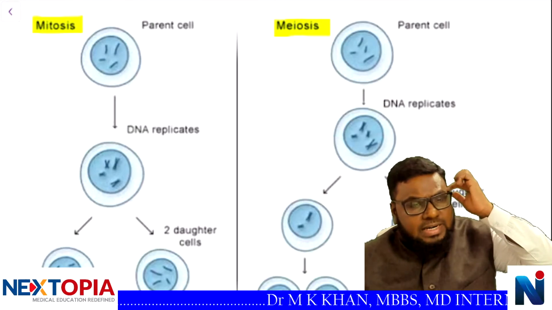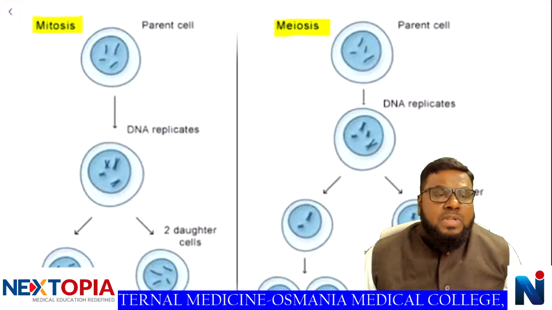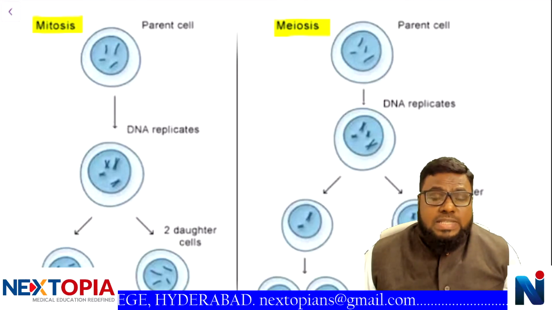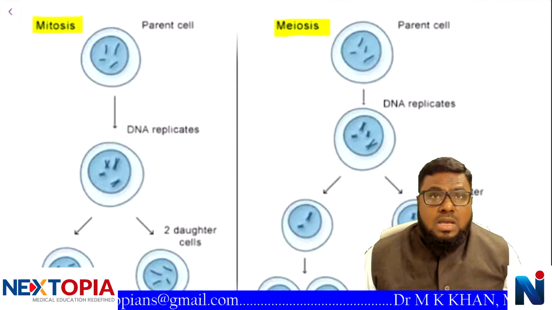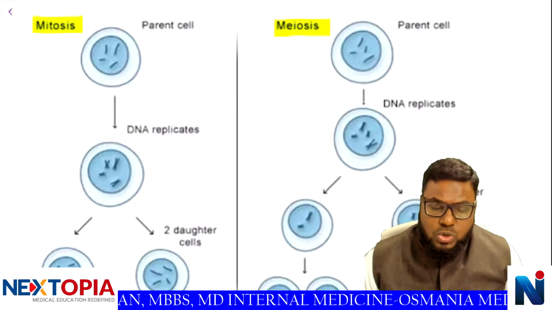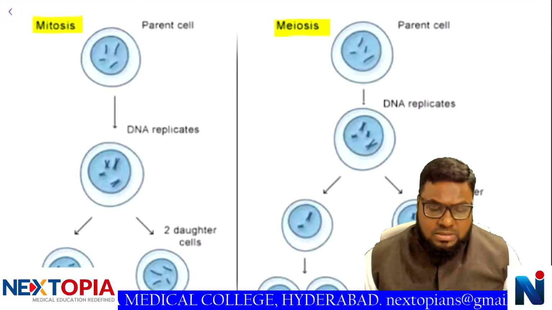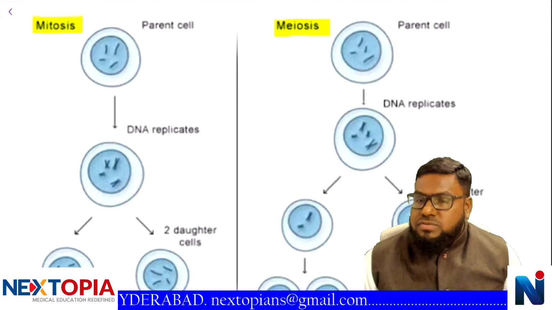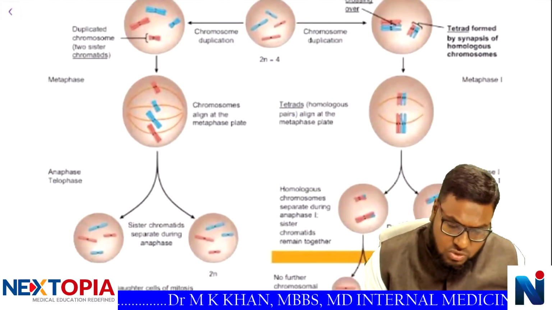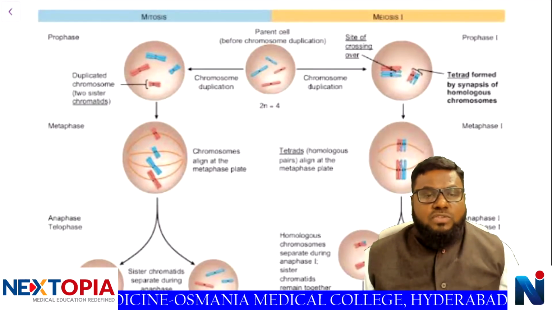So first of all, you need to understand that a different kind of cell division is occurring in the background. We are calling it meiosis. Meiosis occurs at the formation of sex cells, that is gametes. Please remember that meiosis consists of two successive divisions, meiosis 1 and meiosis 2. So division of all the vegetative cells or somatic cells, we are calling it mitosis. Division of gametes, we are calling it meiosis. Meiosis is again divided into meiosis 1, the first phase of meiosis, and meiosis 2, the second phase of meiosis.